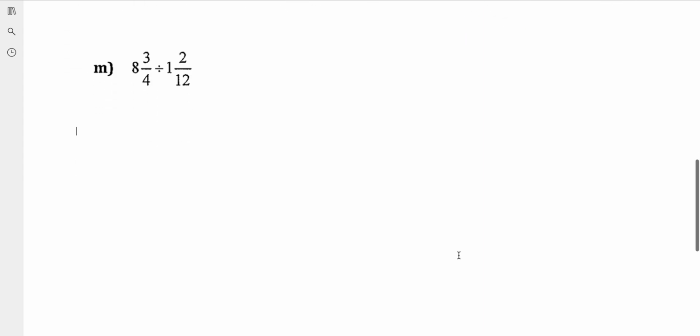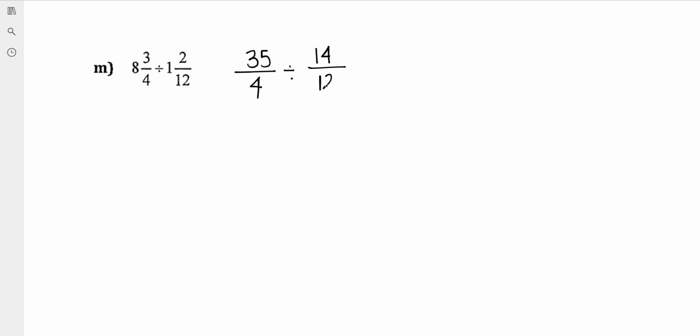Okay, let's do question M. So here we have two mixed numbers, and we are going to divide them. So to do that, the first operation that we have to do is to change these mixed numbers into improper fractions. So to do that, I have to do 8 times 4, which is 32, plus 3 is equal to 35 over 4, divided by 1 times 12 is 12, plus 2 is 14